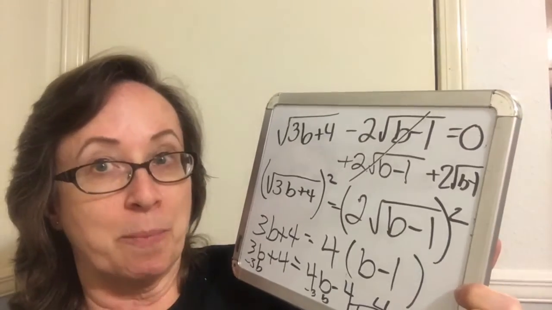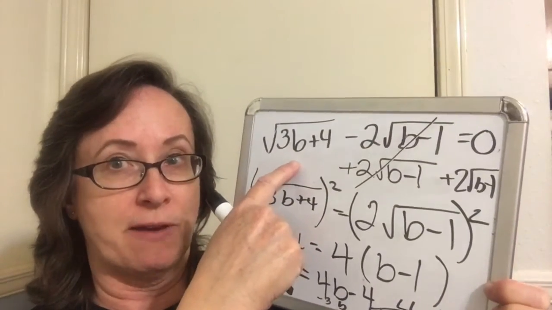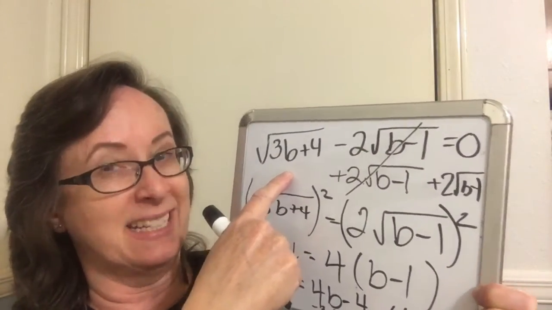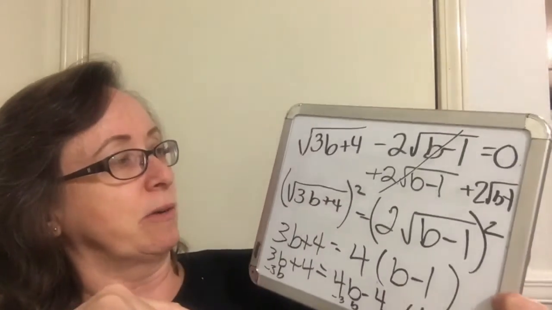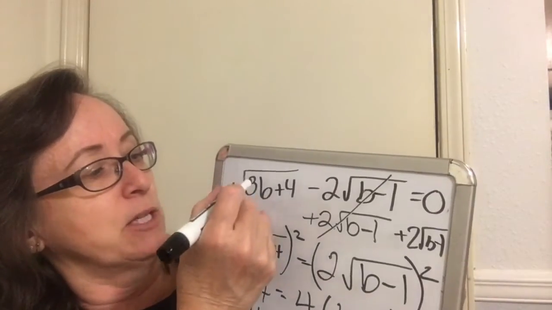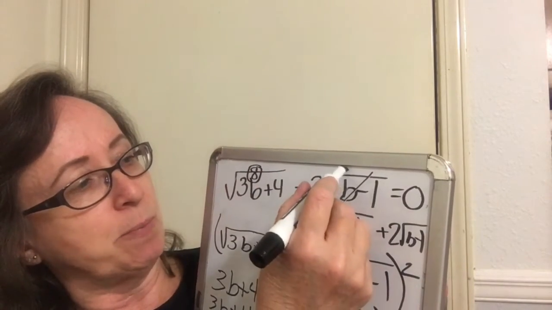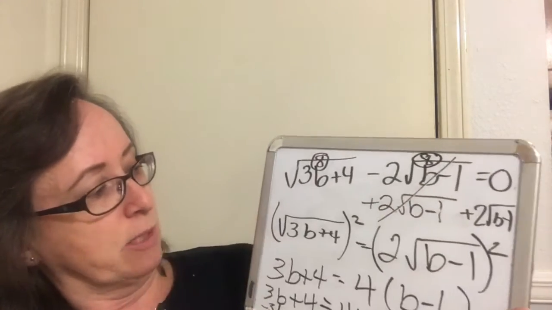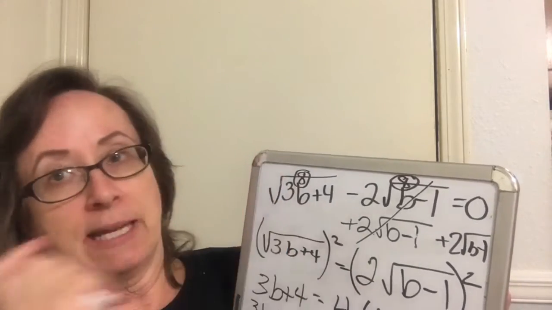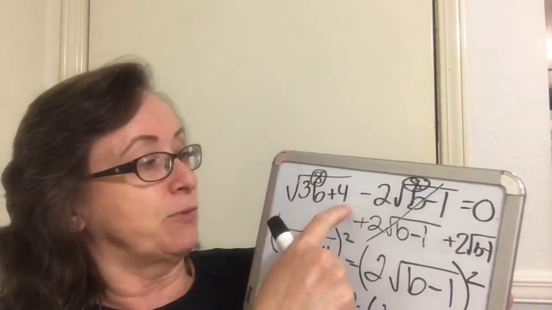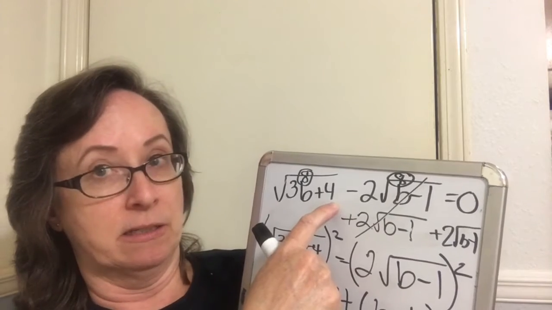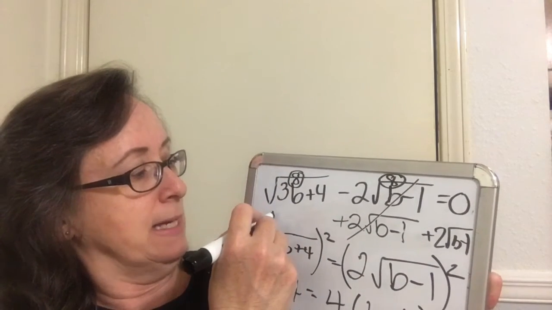Now, we go back up to the original to find out if b equals 8 is a real solution or an extraneous solution. So that means right here where I have a b, I'm going to plug in an 8, and over here where I have a b, I'm going to plug in an 8. Okay, so 3 times 8 is 24, plus 4 is 28. Well, the square root of 28